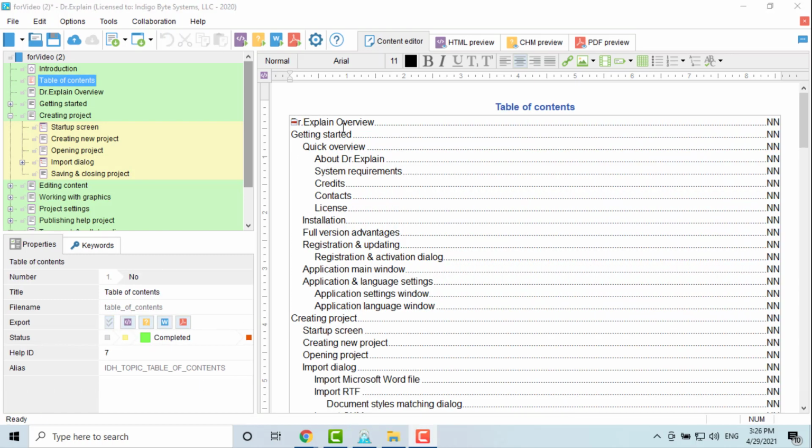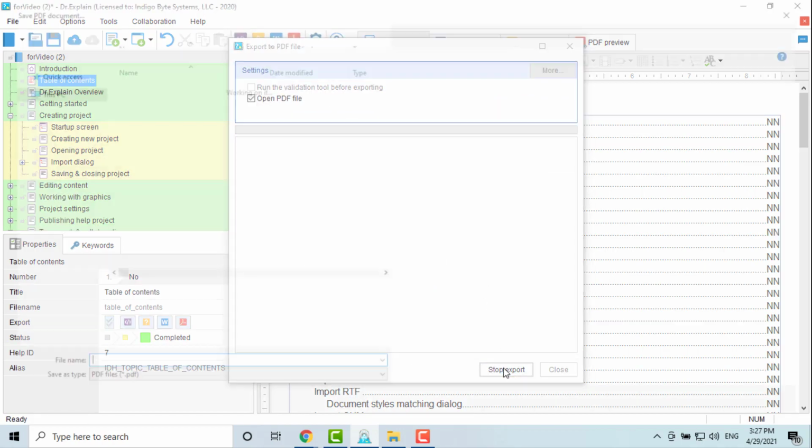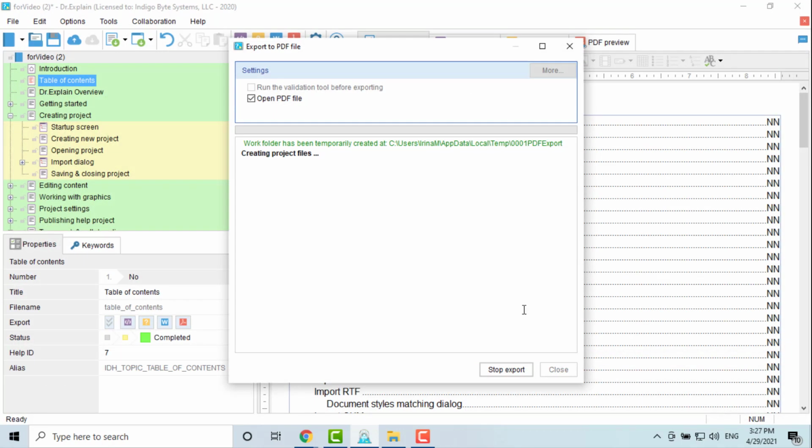The table of contents page is also a predefined topic and follows the title page. This topic is most commonly used in printed documentation formats. You can include or exclude specific topics from the table of contents. In the editing and preview modes, the actual page numbers are replaced with NN token. During export, the NN token will be replaced with the actual page numbers, and all table of contents items will act as hyperlinks.